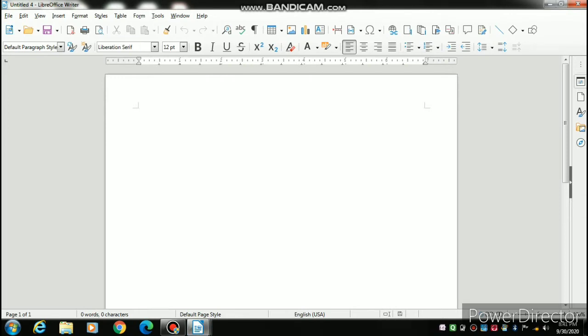Then I start typing my report. I will type Report, and I can use the Tab key to bring my report heading to the middle of the page. Just remember, whenever you want to change your position, you have to use the mouse pointer. This arrow you can see is the mouse pointer, and this blinking one is the cursor.